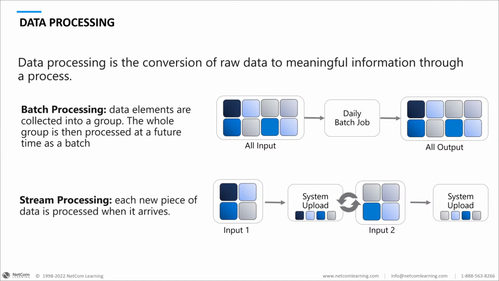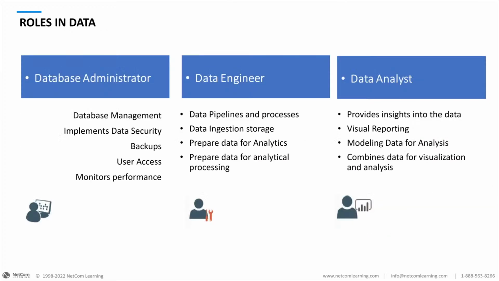Batch transactions would be, let's say that I need to create a pivot table that has 1 million records that I'm processing, and it's going to take 6 hours to process. Well, I'm not going to run that as a streamed activity. I'm going to run that as a batch process, just because it'll take less time to do it as a batch, and I can schedule it for after hours.